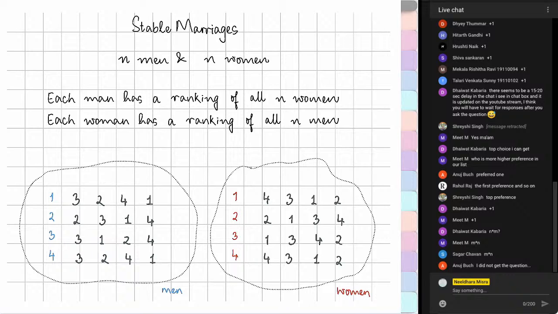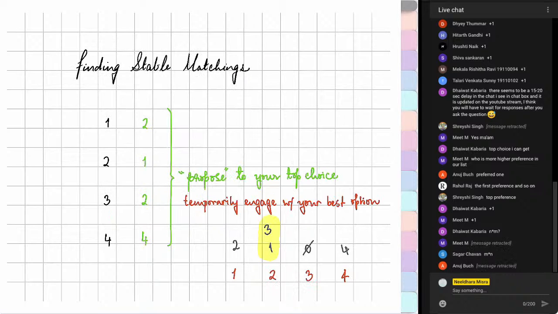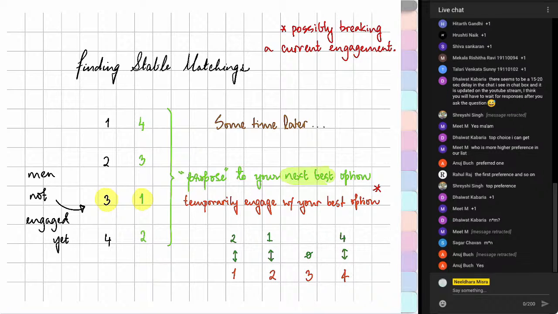Okay. Anuj is saying that you did not get the question. So the question was the following. We described this mechanism, or we described an algorithm to come up with a matching, right? So we said the way this is going to work is that the men start by proposing to the women who are their current best option. To say current best, I mean that among all the women that have not rejected them yet, they consider the woman that they like the most, and this is the person that they approach, and that is a concrete step in the algorithm. So it's a man proposing to a woman, and based on how these proposals play out, the